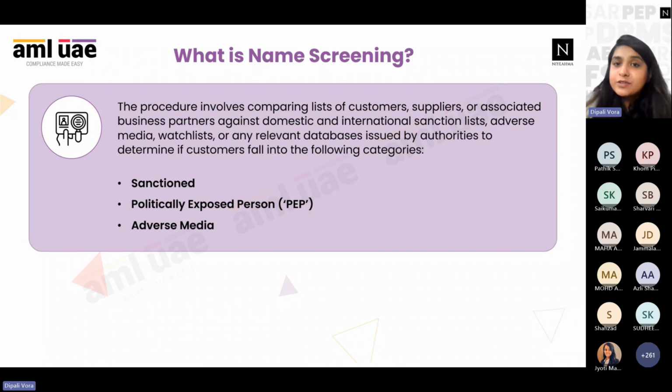So that is how you will come to know that that person is risky, or how it will impact your organization. So in the process of name screening, we will create a profile of that particular person. We have ID documents. Now we will check various databases, independent sources, Google, to understand what this person is, what other media information is available with respect to that person. That is called name screening.